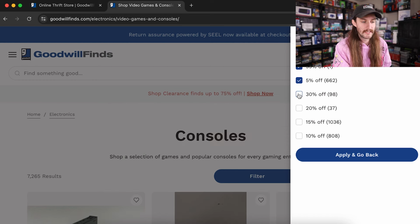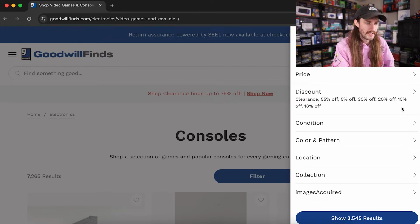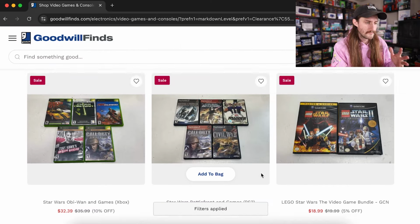And I'm just clicking literally all of these because we're going to try to save some money here and find some good stuff. So let's go ahead and show those results here. Their website's a little iffy, but right off the bat, you can see they have a bunch of games here for sale. I'm also going to pull up Price Charting because I think there could be some good deals to be had here. These bundled...